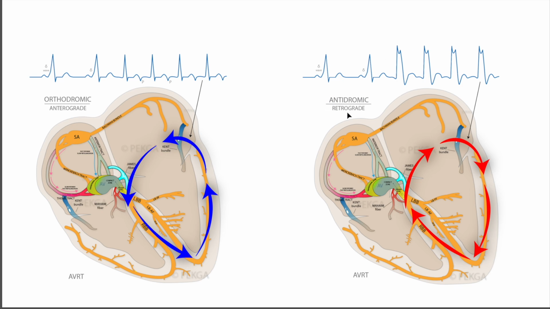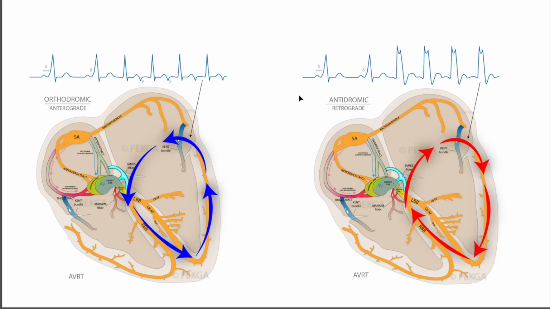And antidromic AVRT can be difficult to distinguish from wide complex tachycardias or ventricular tachycardias. The telltale sign that you do have AVRT is a delta wave. So delta wave typically is going to be present when the person converts back to normal sinus rhythm. However, even that gets tricky because